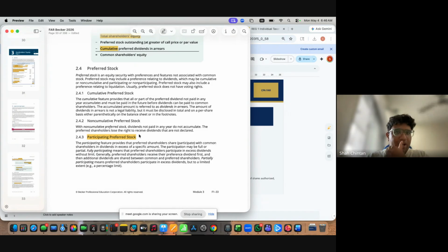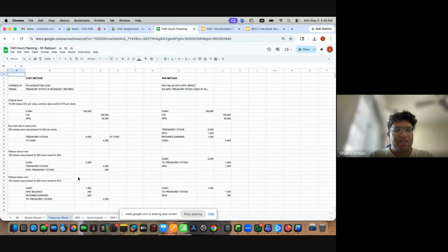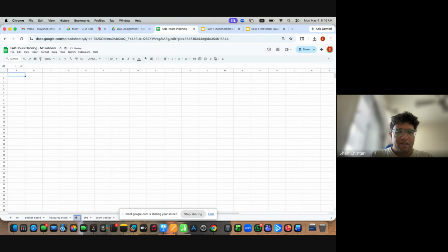ठीक है. Now, what are the participating preference shares? Participating preference shares means they have a right to participate in the excess profit of the company. Let's go through the Google sheet and understand with one simple example. So let's just say